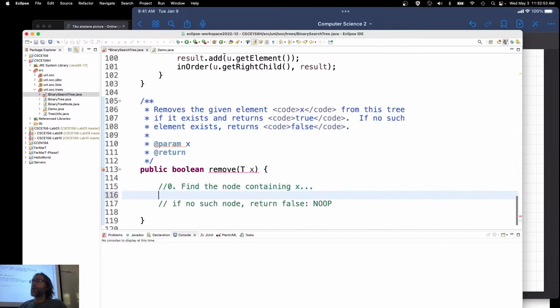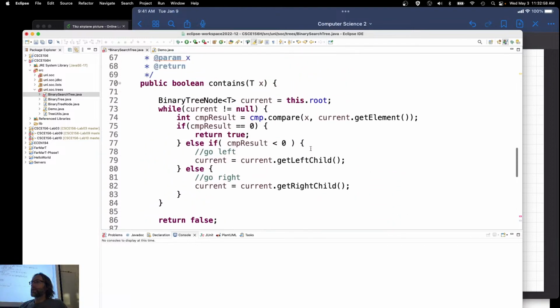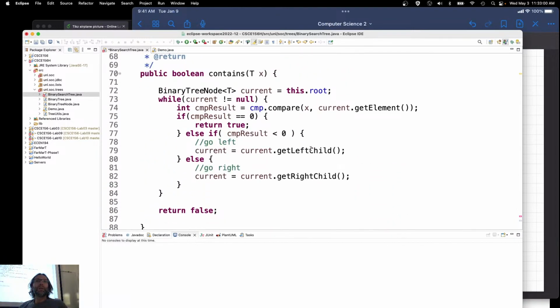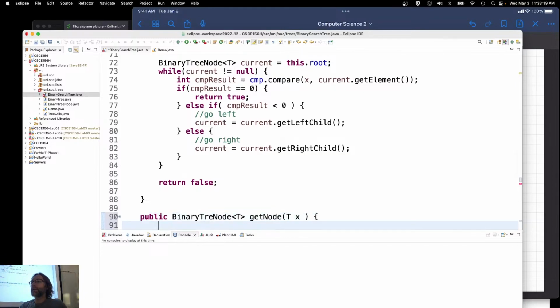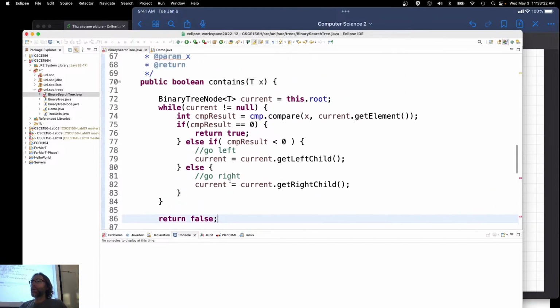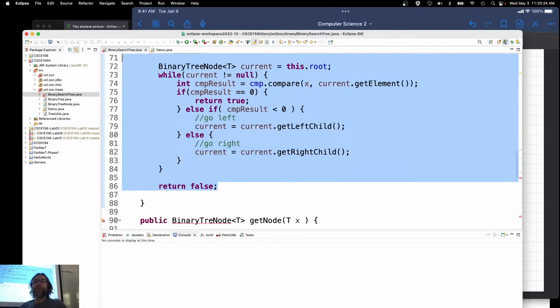So find the node containing x. That sounds real familiar to me. Right? Contains. Now be careful here. Contains was a Boolean. Is that going to give us the node? No. Let's redesign it. Refactor it. All right. Let's go ahead and create another function here. Initially public BinaryTreeNode getNode, containing the element x. And it's going to be pretty much a cut and paste of this method right here,